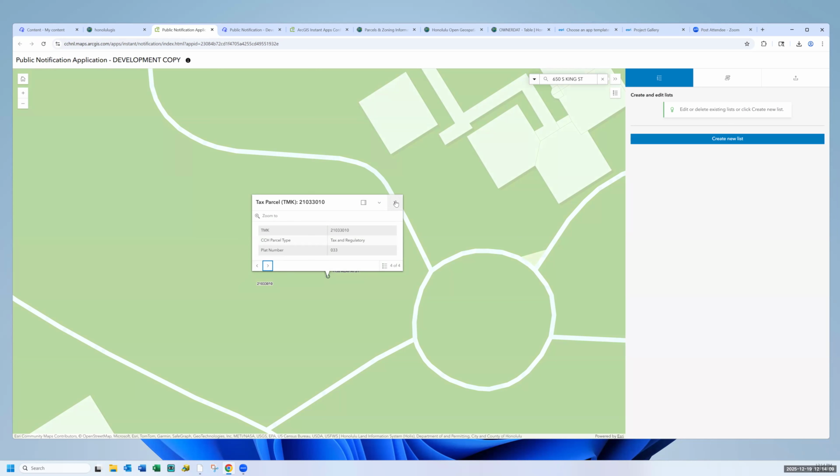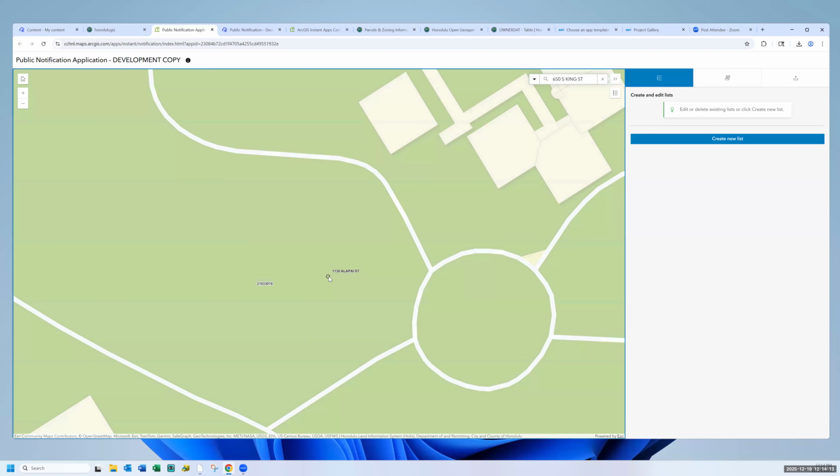So you have to be careful sometimes: if you click on an address point, you have to pay attention to how many features there are in the lower right-hand corner, because we might have some stacked on top of one another.